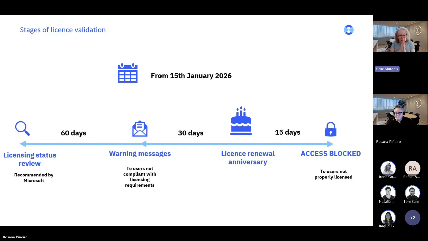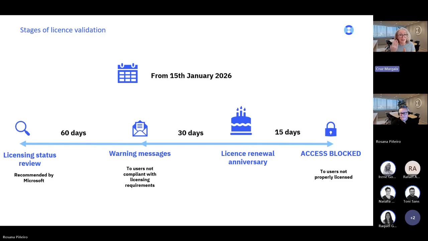So if we take this license renewal anniversary as the main date, 30 days before, Microsoft will be sending messages to users not compliant with licenses as soon as they log in to FNO.